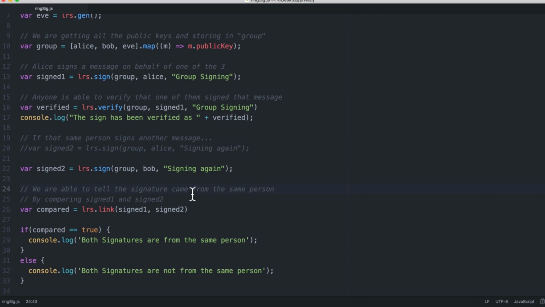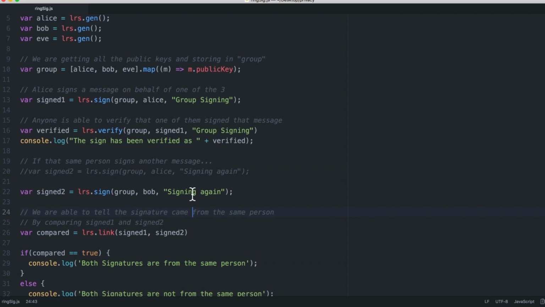So again, very simple. Linkable ring signatures are very helpful, especially in cryptographic functions. And like I said, they have several applications, such as whistleblowing, which is very important, where someone wants to leak a secret in the name of a group without being known, or e-voting, where you don't want someone to vote twice but you still want the voting to be coming in. So that's how we implement linkable ring signatures.